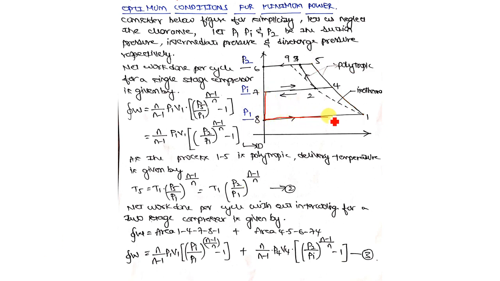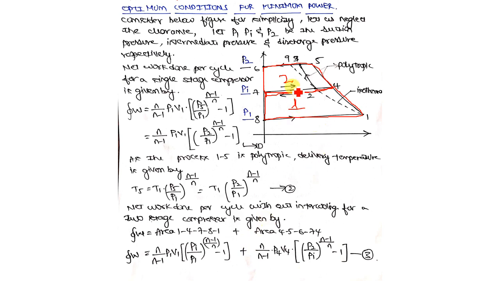Second area is this particular area here, which I am tracing. Kindly watch it. Yes, so this is your second area. So this is your first and this is your second, correct? So area under that is also given by the same expression. Apply this for this particular cylinder as well as for this particular cylinder, you will get this. Okay, so addition of these two will give you this one.